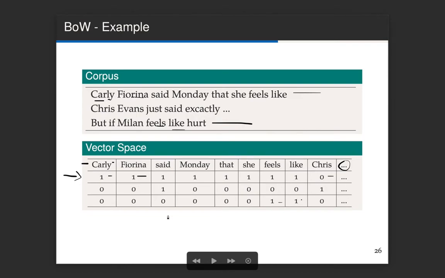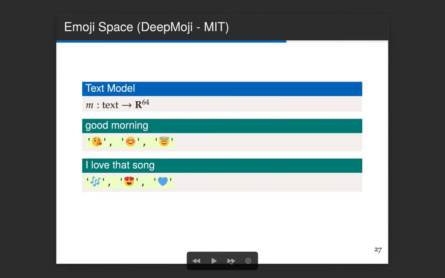As you can see, there are many problems in this representation. One of them is that you lose the order of the words, but there are more problems. But it's very efficient and it is simple to implement. I'm not going to talk about bag-of-words models. I'm going to talk about another text representation.